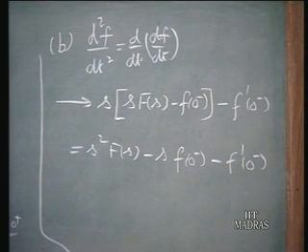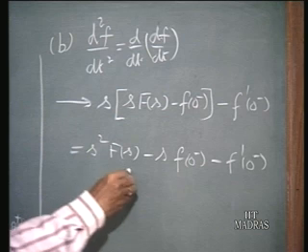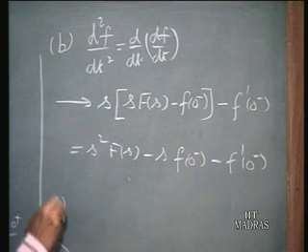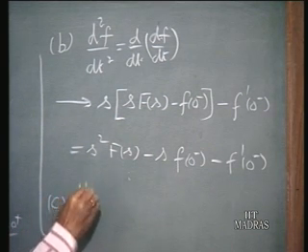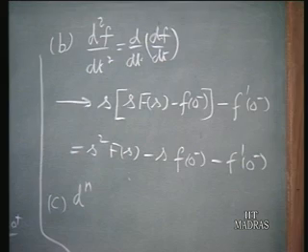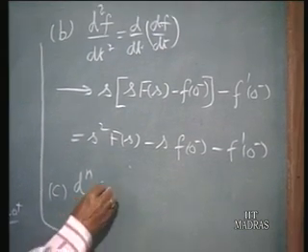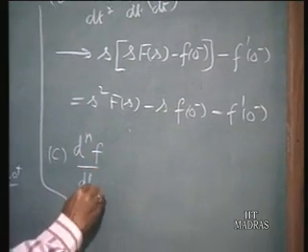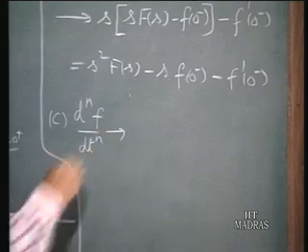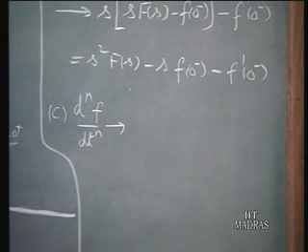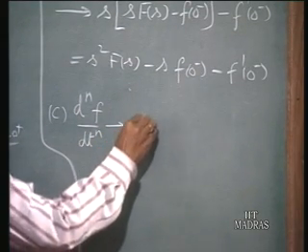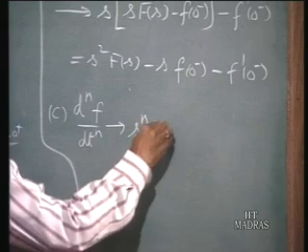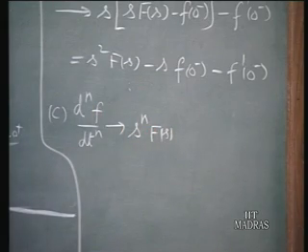So, the Laplace transform of the second derivative of a time function in terms of the Laplace transform of the original time function is given in this manner, and this can be continued. So, a general formula for the Laplace transform of the nth derivative, d^n f / dt^n, can be written as s to the power of n F of s, we are talking about the nth derivative of a time function,